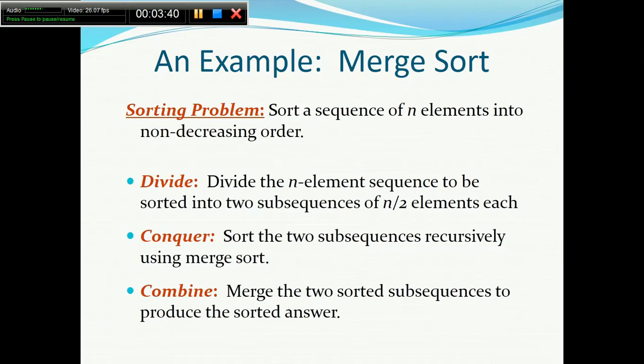Then we have the conquer. Now whatever smaller problems we have, we will try to sort those subsequences recursively using merge sort. Whatever smaller array we have, again we will apply the merge sort technique on the smaller array, like the half array, and again on the second half. So the conquer step basically sorts the subsequences recursively using merge sort. Third is combine: since you have already sorted the two subsequences using merge sort, you will then combine them.